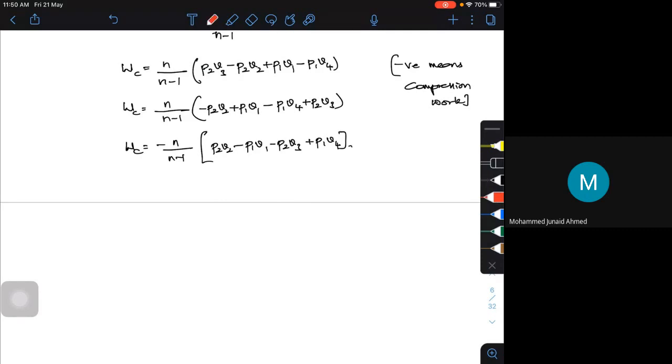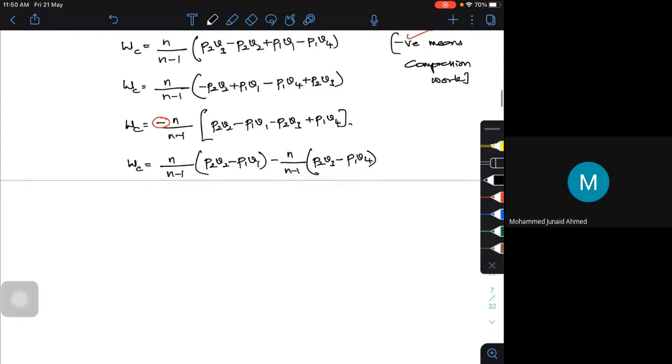So now this minus is nothing but compression. As per this pattern, I'm not going to use that. Just simply I'm going to write work of compression is equal to n by n minus 1 with P2 V2 minus P1 V1. Just our simplification, that's it. Minus n by n minus 1 into P2 V3. So plus into minus is minus. I can write P1 into V4. That's it. So this is one way of simplifying and writing that: one is for the compression, the other one is for the expansion. That's it.